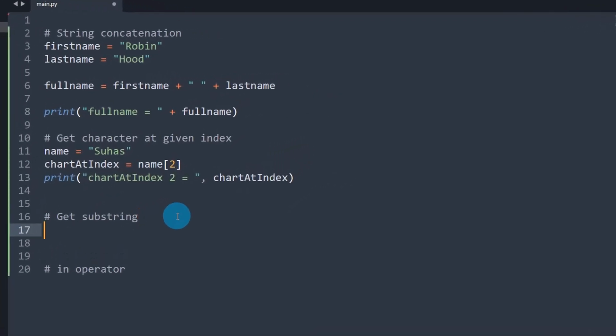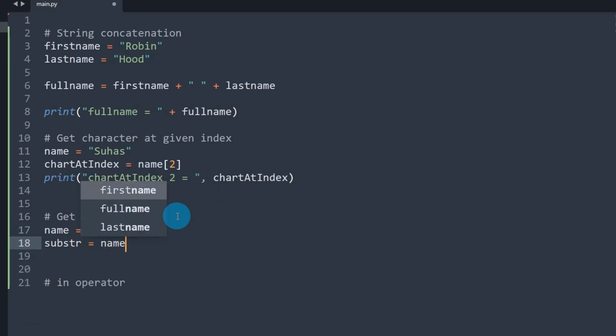Next, we learn how to extract a substring from a given string. Let's say we will again write Robin Hood here. I want to get some substring from this name. So what is the name here? Robin Hood, correct?